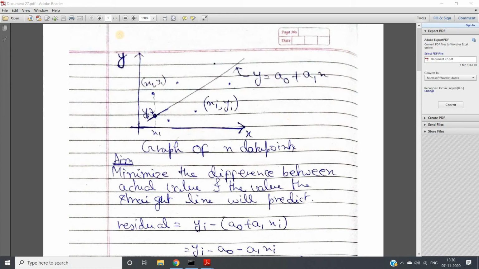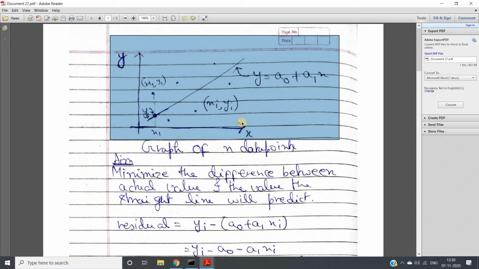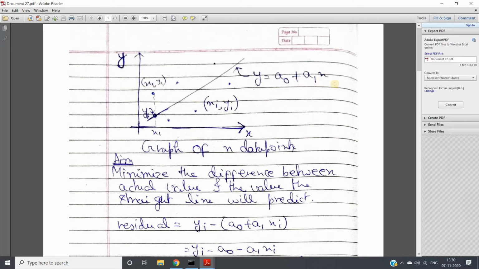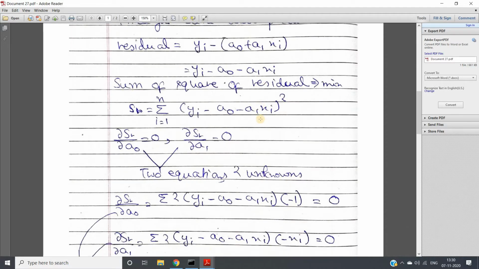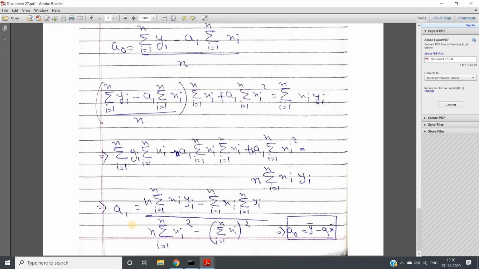So in my previous video, I explained in detail the mathematical derivation and intuition behind linear regression. This is one of the simplest machine learning algorithms used for supervised machine learning. Suppose our equation is y equal to a naught plus a1x, then after many mathematical derivations we got the a1 value as this one, and the a naught value we can calculate using this formula, right?